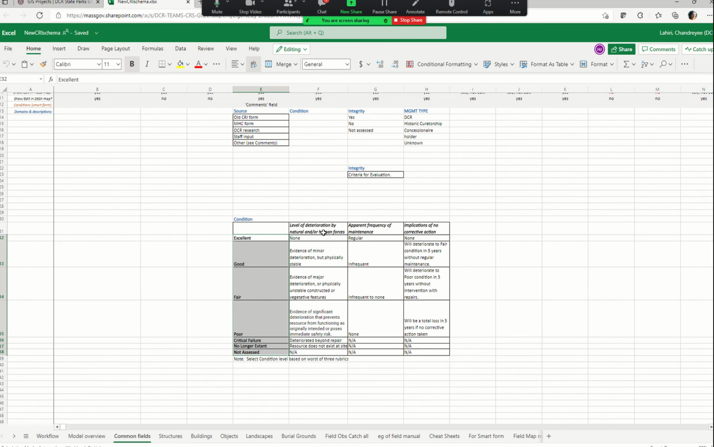So what we did is we came up with these three measures. When you look at the resource, these are the three lenses through which you look at it. You look at the level of deterioration of that resource, either by natural or by human forces. You also look at the frequency of its maintenance, as best you can tell, or maybe you have access to records. You also think about what would happen if no corrective action was taken. And then if you have a yes in any one of these three, it tells you what you should pick